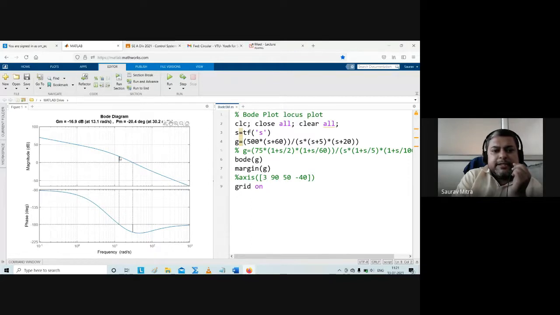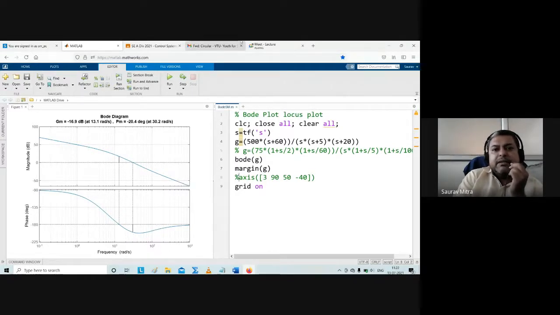So this frequency is phase crossover. So write down that omega PC is 13.1 radian per second, and we are finding gain is already above 0. This is called as negative gain margin. Second case, we are finding gain crossover, and at gain crossover we are finding phase is below minus 180. So this much is a phase margin, and phase margin is negative here because at gain crossover we are already below the minus 180 line. So very important numerical, both gain margin and phase margin are negative.